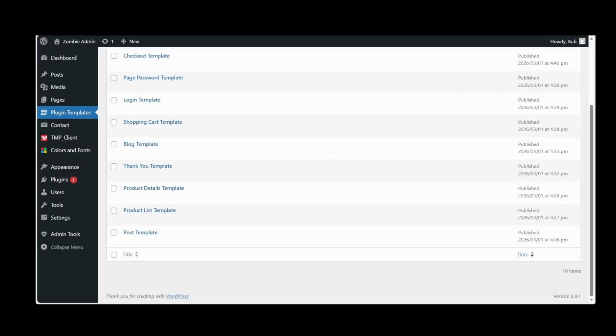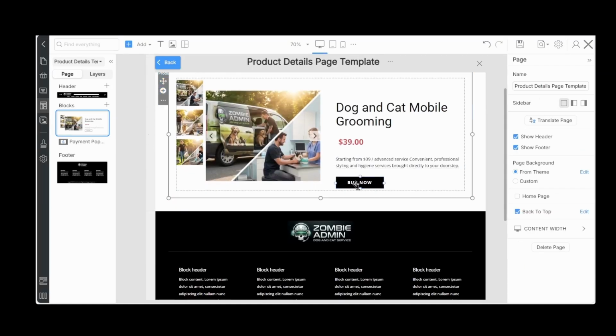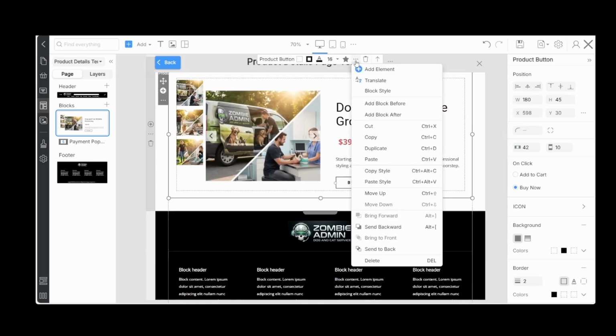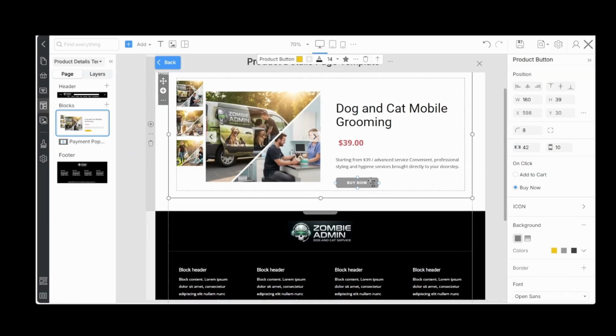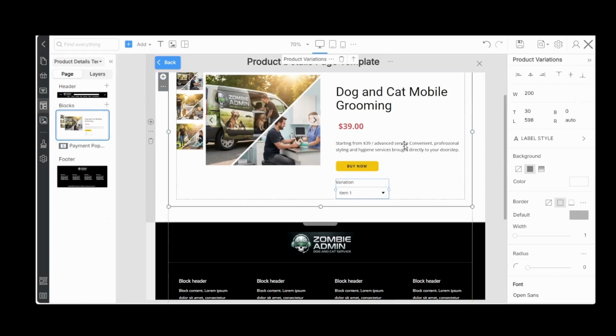Click on Product Detail Template. And right here, let's paste our button style. Let's add product variation. We'll bump this up to above the button.